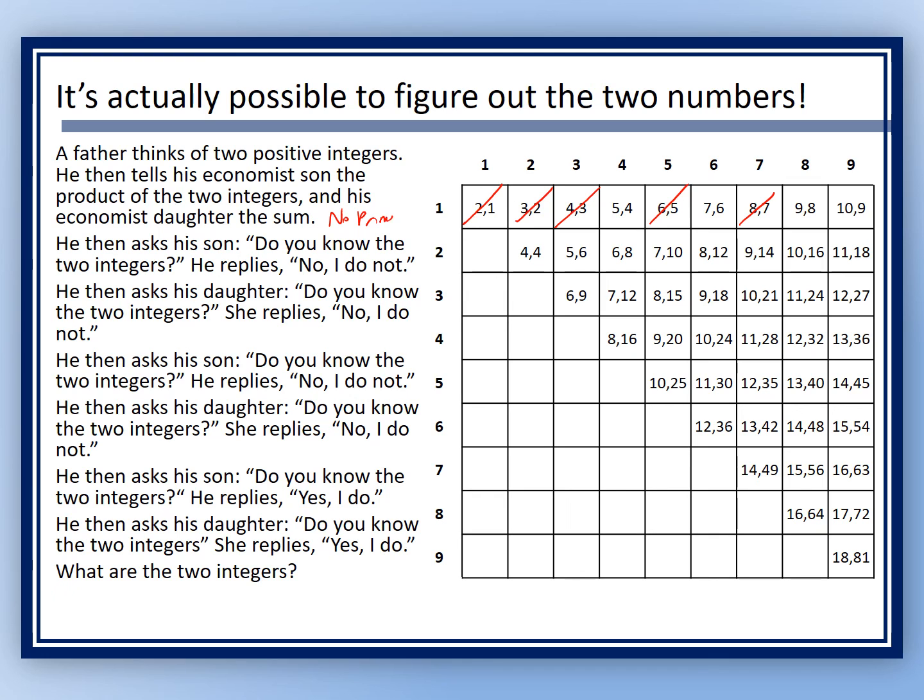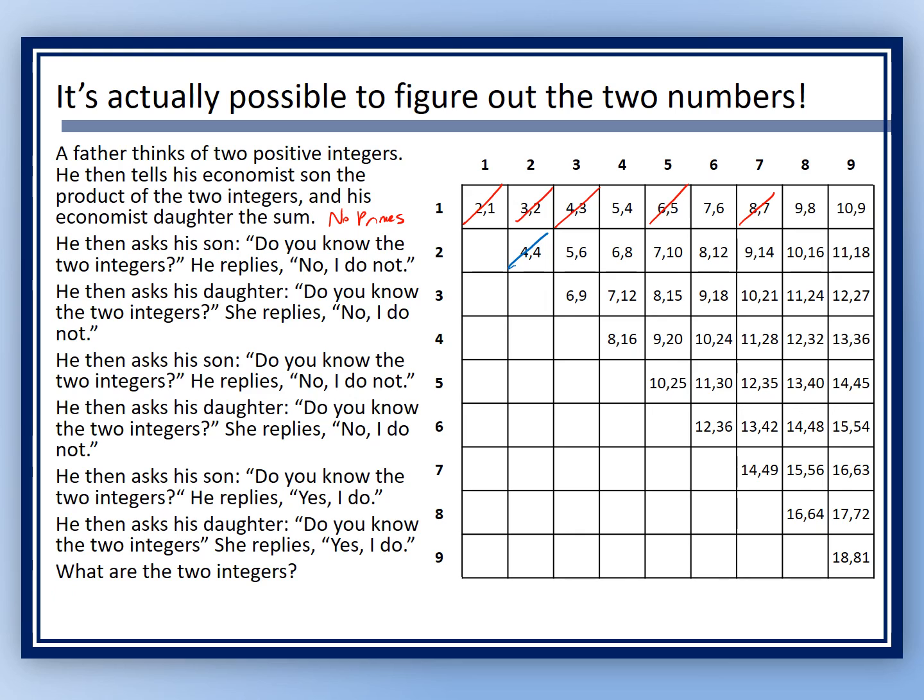So the first step, no primes. The second step, you eliminate the sum of 4. Okay? Sum cannot be 4 in the second step. Next. So you have to eliminate